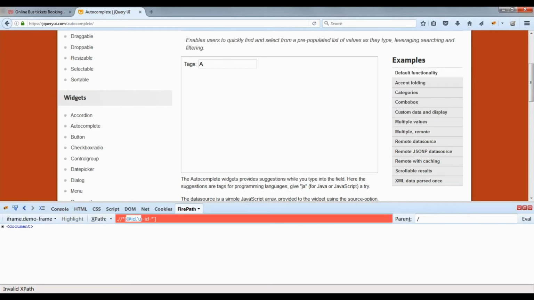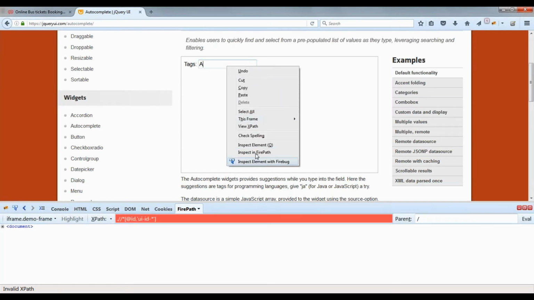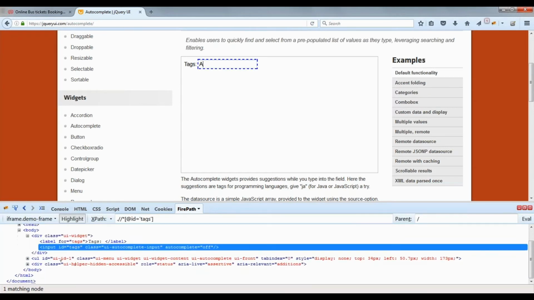That's very important. What we have observed here is the value is starting with UI-ID, and this is dynamic. The 1 is dynamic. I can leave the -1 also.